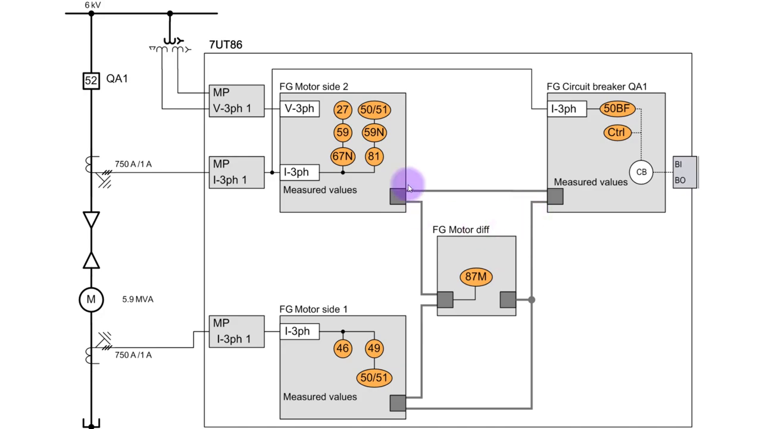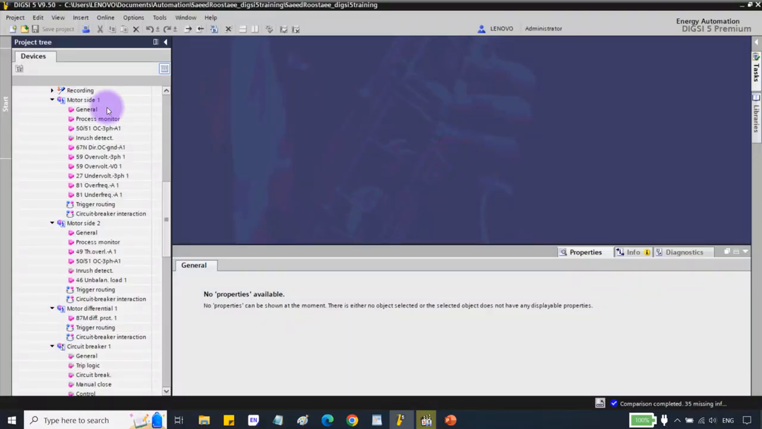Okay, this was about this application template, and let's see the configuration. We have to add the side 1, side 2, motor differential, circuit breaker, and then we have to add functions into this